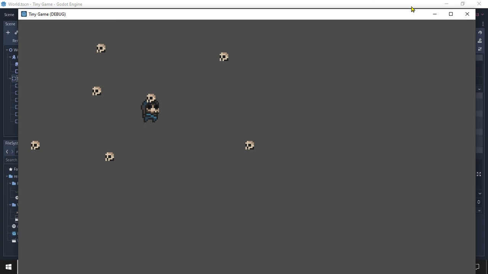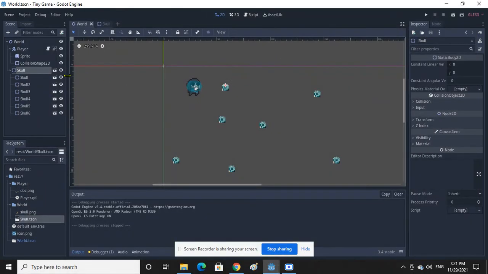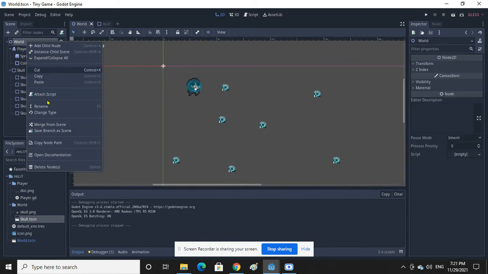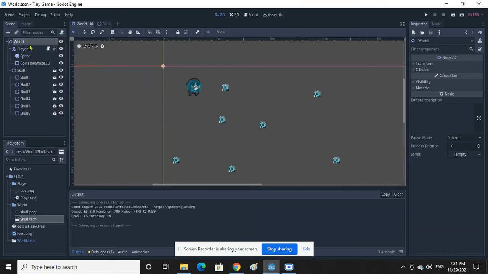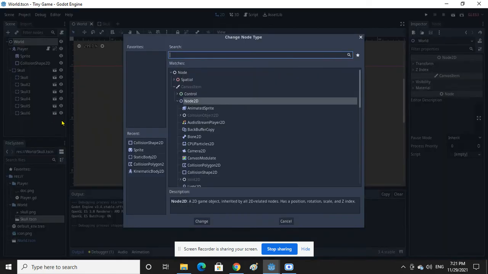So for fixing this, you have to just go to the world and change the type here to Node2D. In the first video we chose the node of the world as Node2D, but we don't have to make it Node2D. We just have to use it